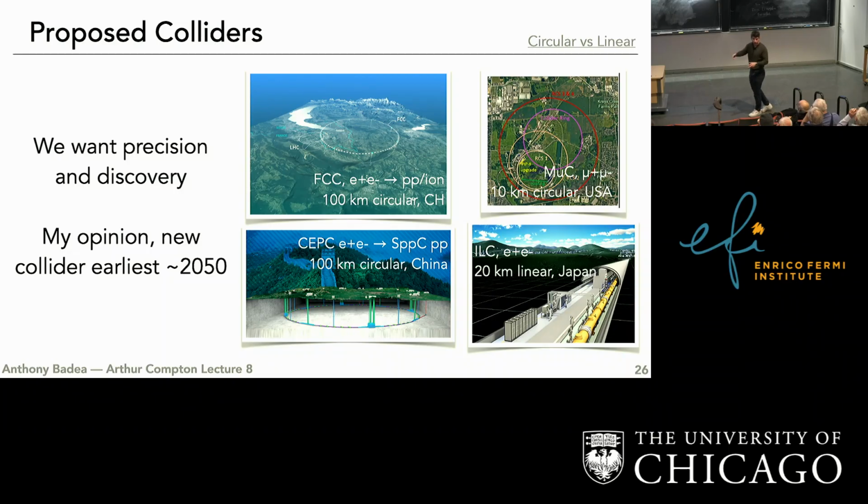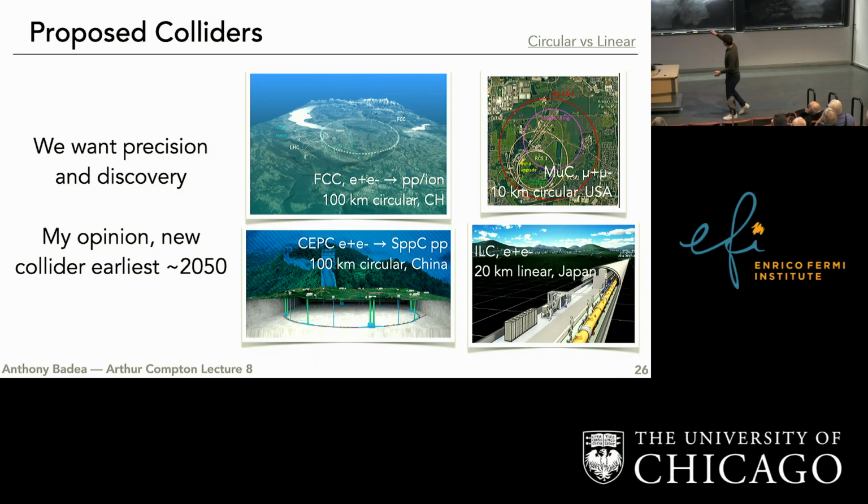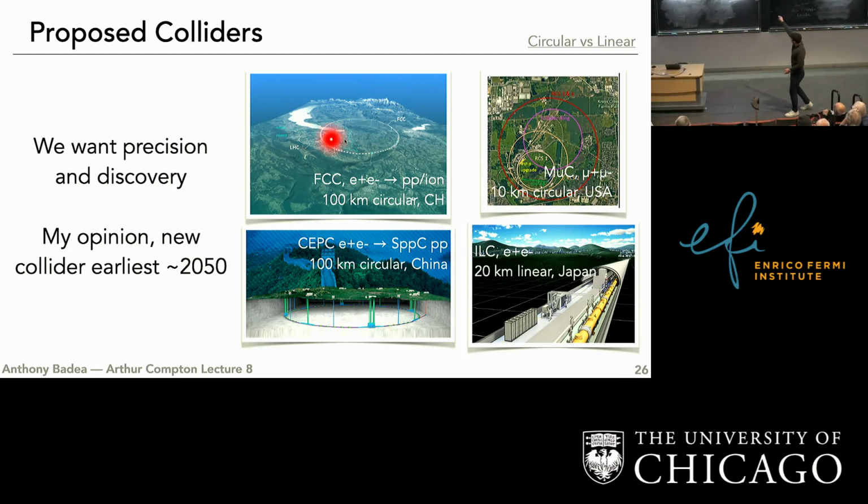Though this picture of a 100-kilometer long tunnel may look unreasonable, the idea of building an electron-positron collider and then upgrading it is not unreasonable. That's exactly what the LHC is right now. Before the proton-proton collider, there was an electron-positron collider in the same tunnel. So that's roughly the proposal. And at the same time as Europe is proposing this, China is also proposing almost an identical experiment on Chinese soil. Everything I just told you, almost identical.